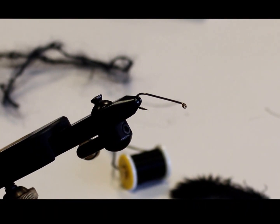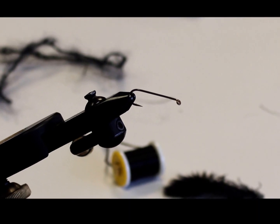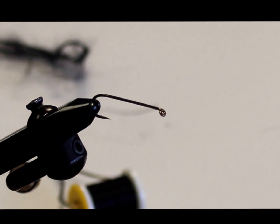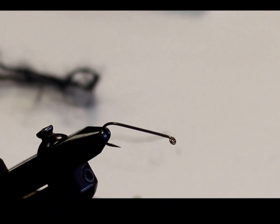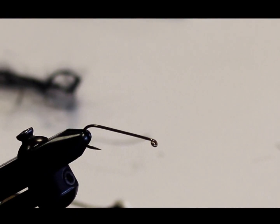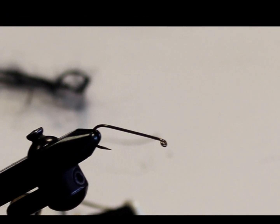It works extremely well when the water's murky. Sculpins are a fish that live in most high quality trout streams, and Spring Creek, for example, Penns Creek, Fishing Creek are full of them. So it's a very common thing, especially in murky water, for trout to see these sculpins dislodged from the